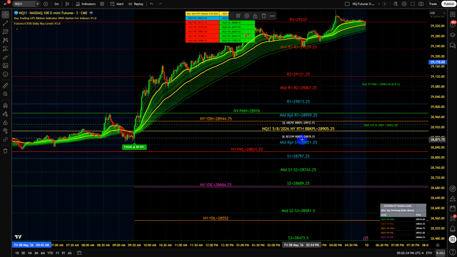If you wanted to go more by levels with this structure here, then remember our entry was here on the close of this candle. So moving it up to at least YDH or PMH would be good in this particular thing, especially in this market structure scenario in which we saw that the YDH and PMH were very critical levels for this particular market structure. So if you did not want to do a minimal profit buffer add-on of, say, 4 ticks to 20 ticks, that's 1 point to 5 points, then